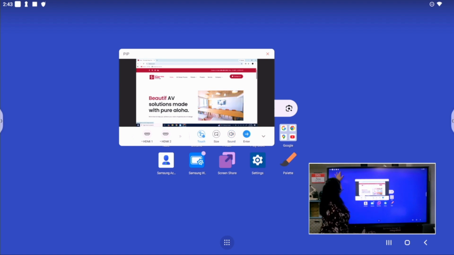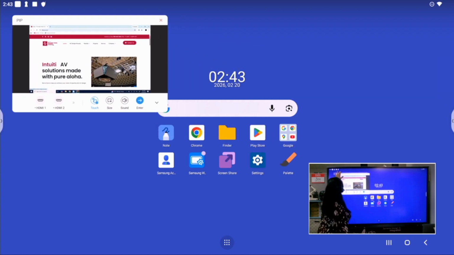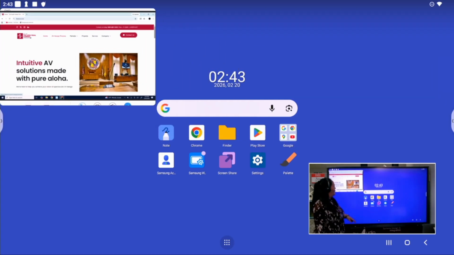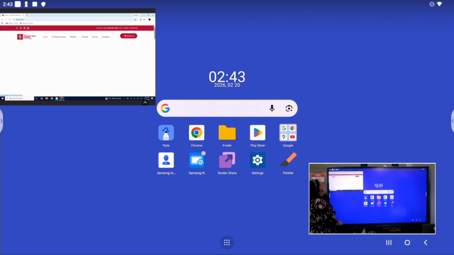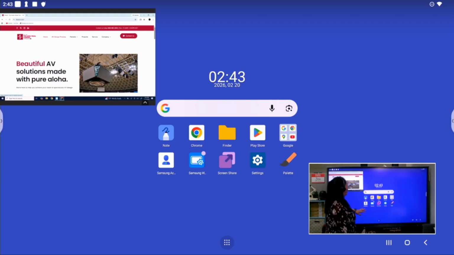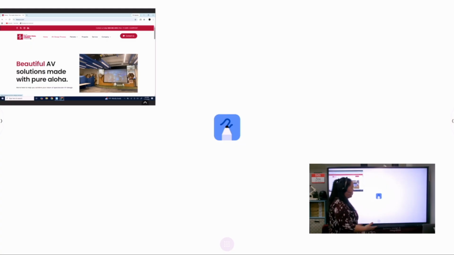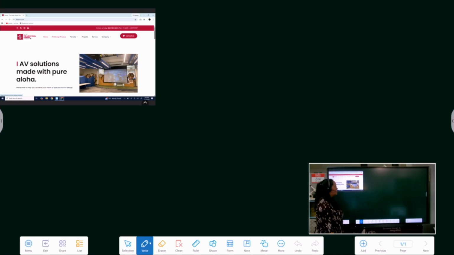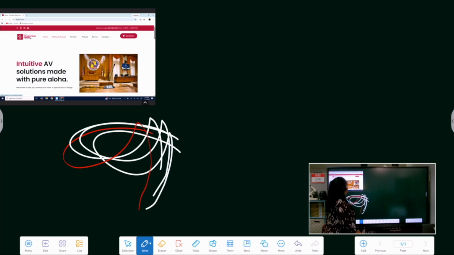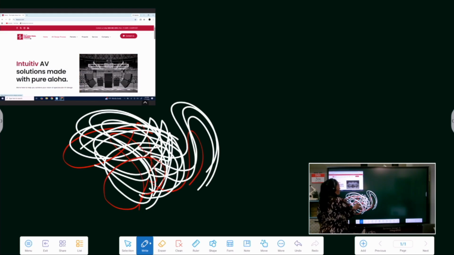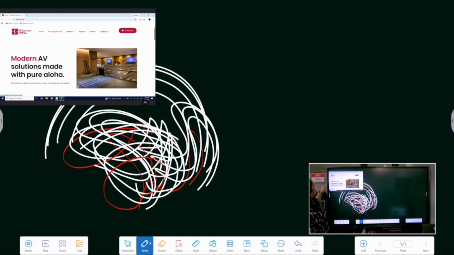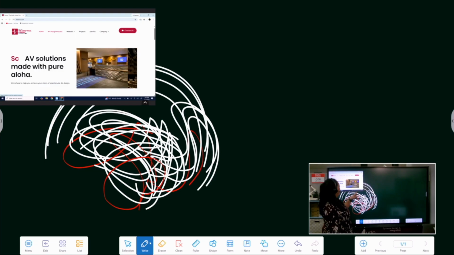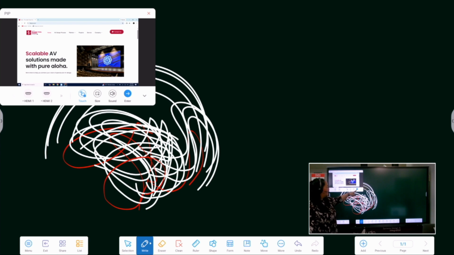Okay, so let me move this to the upper left corner. I'm going to click the down arrow. I can control my website from here. If I wanted to, I can pull up a website. We can annotate over, okay, but I cannot annotate over the image. So if I wanted to do that, what I can do is I can click this enter button,